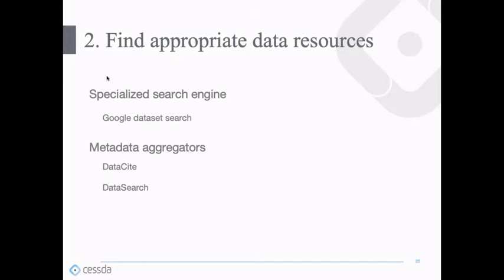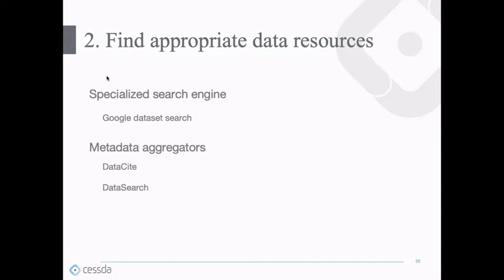Other way to find data is a specialized search engine. Not a long time ago, Google started its dataset search engine. Also, this Google dataset search may be useful. It is still limited and does not offer a complete picture of available data. You may use it, but it definitely won't show you the whole picture.